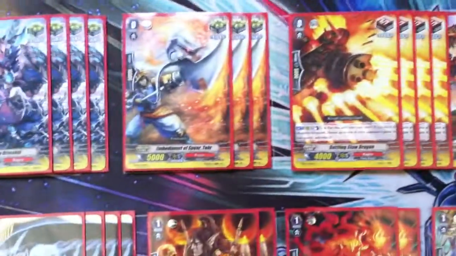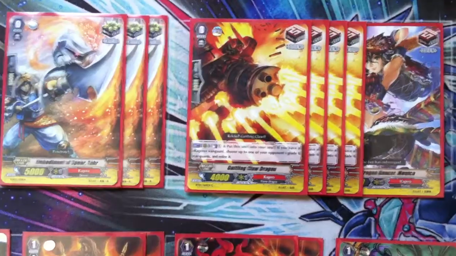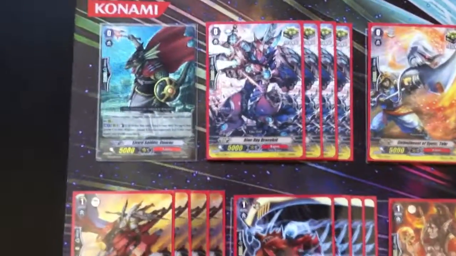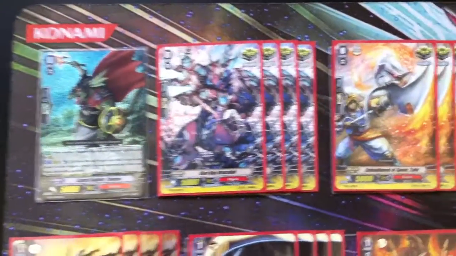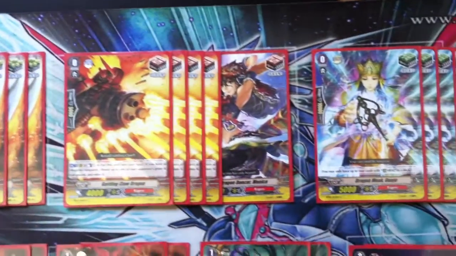The reason why I run 5 draw is because I like having a little hand advantage, and I don't think it's a bad thing to open up a Gatling Claw, because you're going to want to hit starting Vanguards a lot. This deck has a lot of field control. You can retire your opponent's rear guards a lot, and you want to take the opportunity to gain any sort